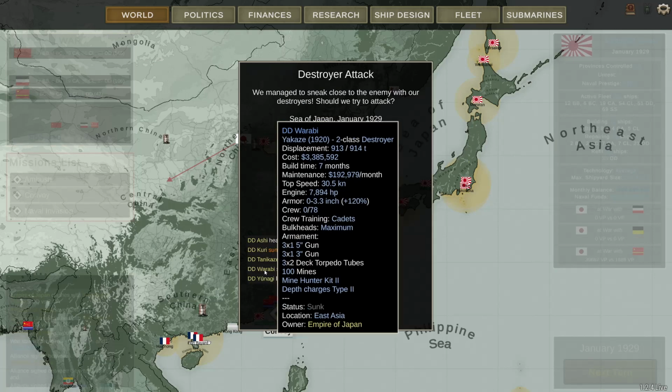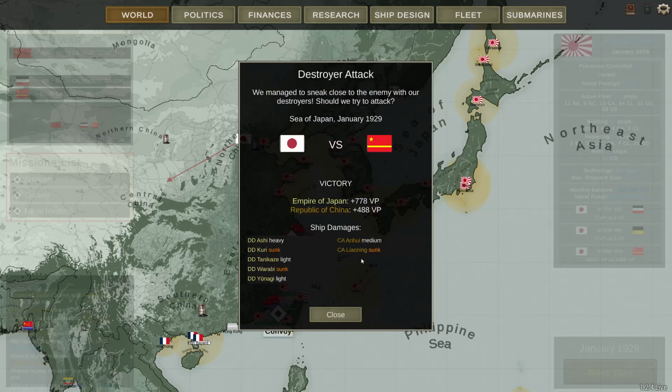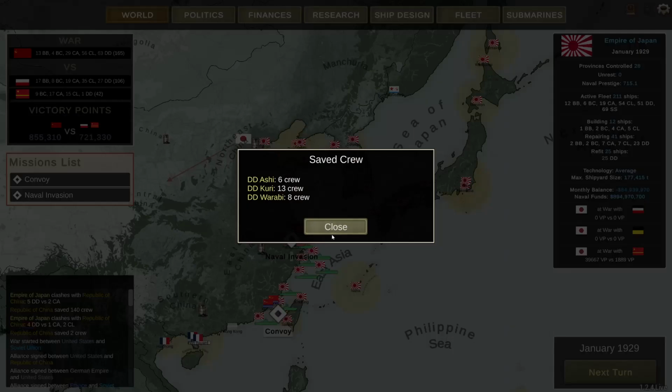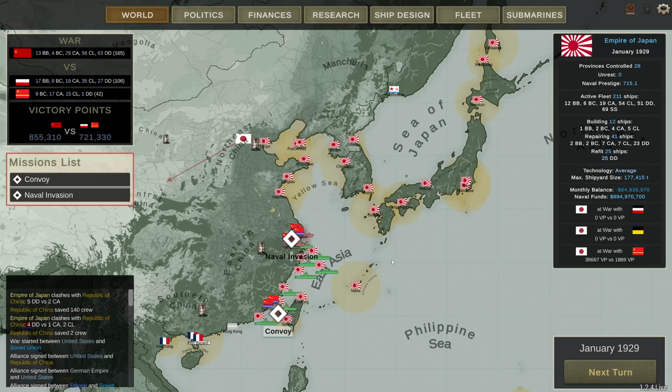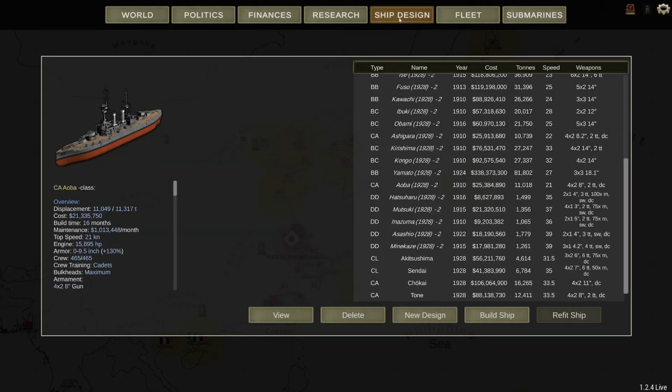Haha! Warabi has died indeed. These Yakazas and a Minakaza. But we sank a heavy cruiser, so we got more victory points. Worth it. Not to mention that those destroyers are slightly outdated. So...